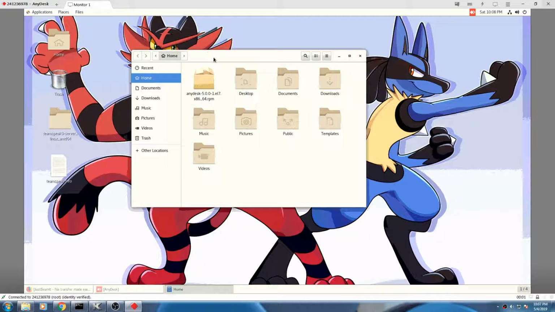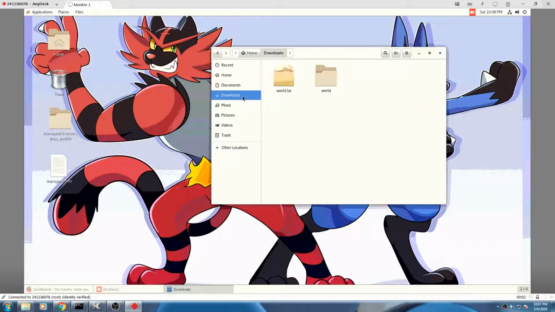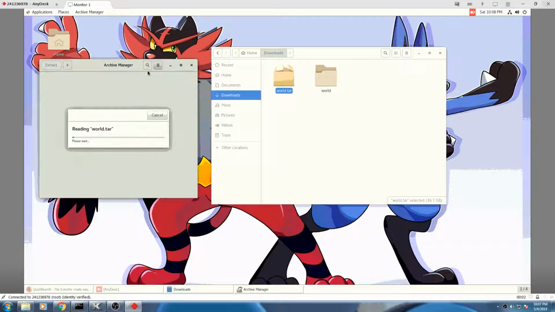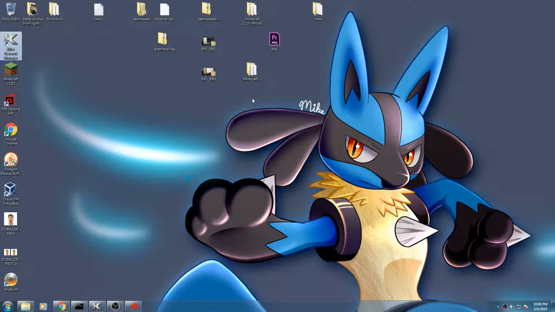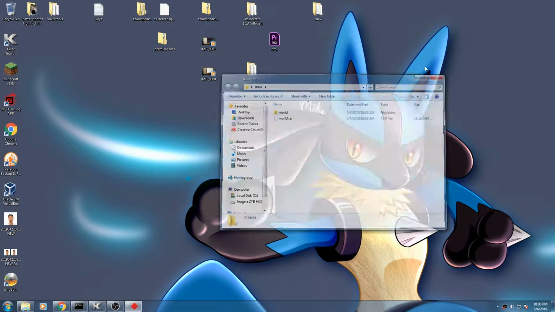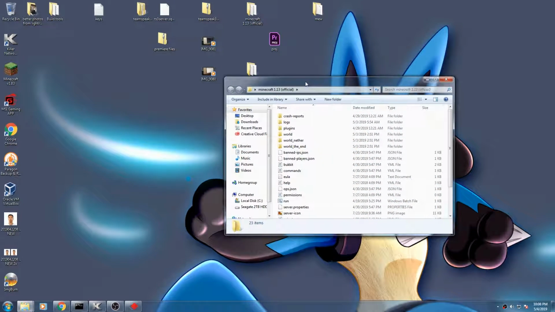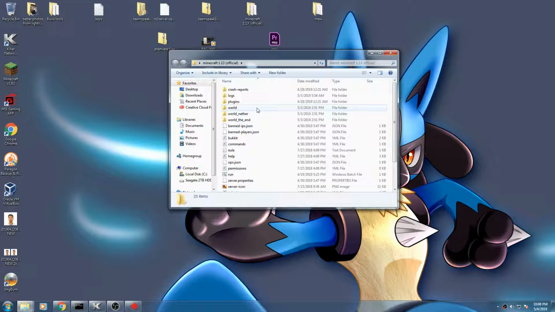I'm going to go to files. I recently downloaded a file. It's a tar file because I zipped it up. This is going to take a while. So in the meantime, let me go over here. These are all the files that are used for the server. So I think what I'm going to do is basically just copy these over,